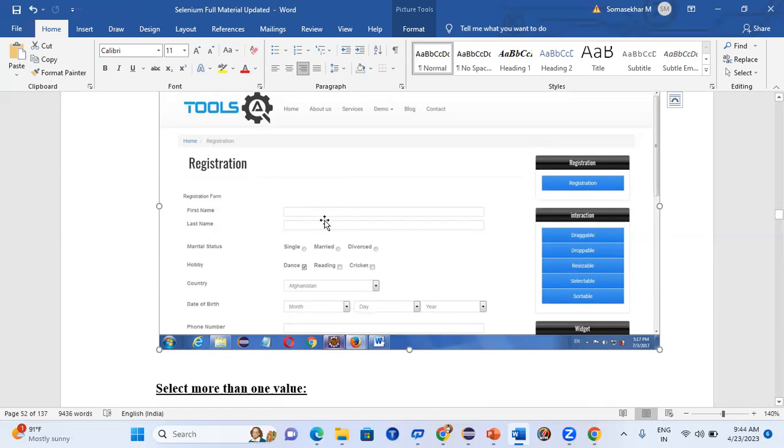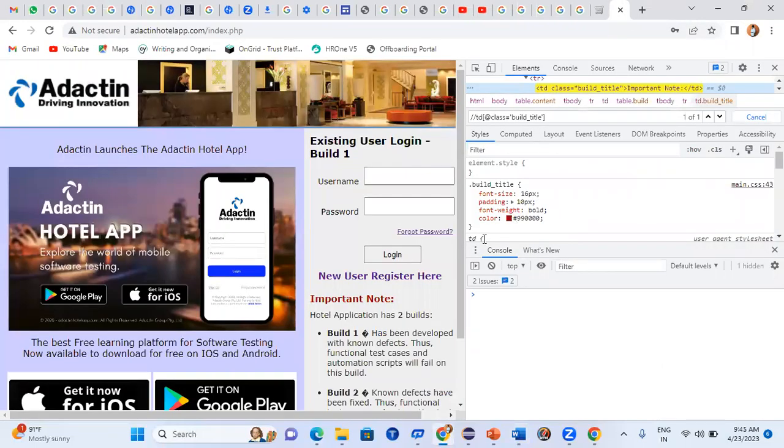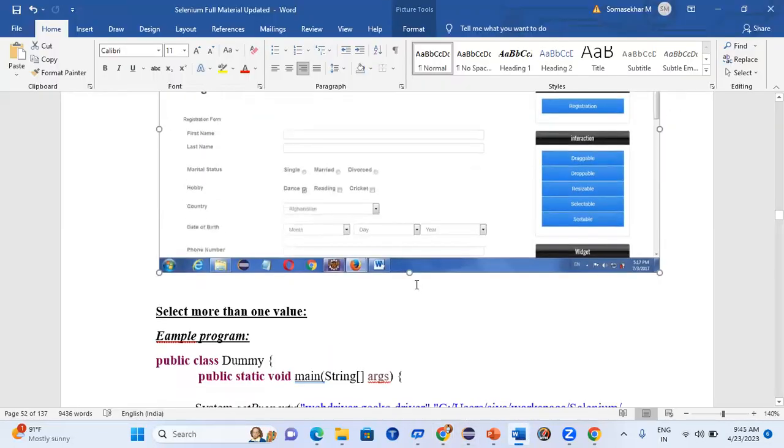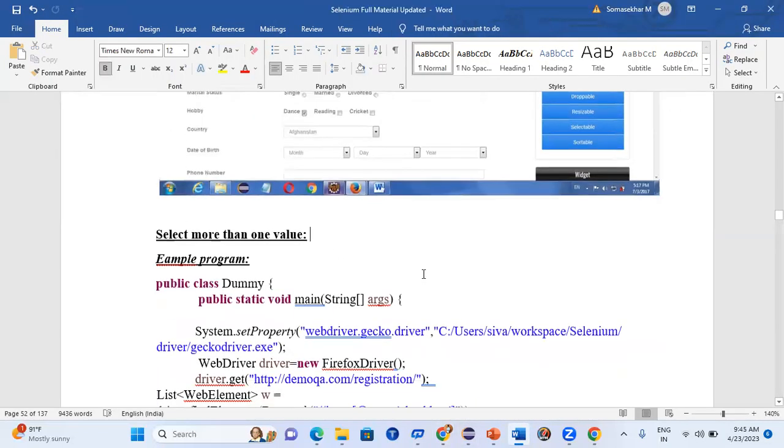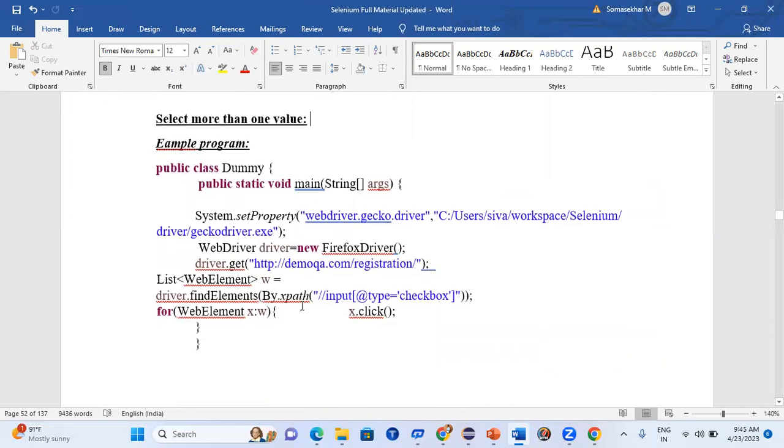Okay, so I think the application is not working, but that is fine. You people already know how to write the XPath. So with the help of XPath, you can click the checkbox with the click method. To select more than one value, it's the same. You can use